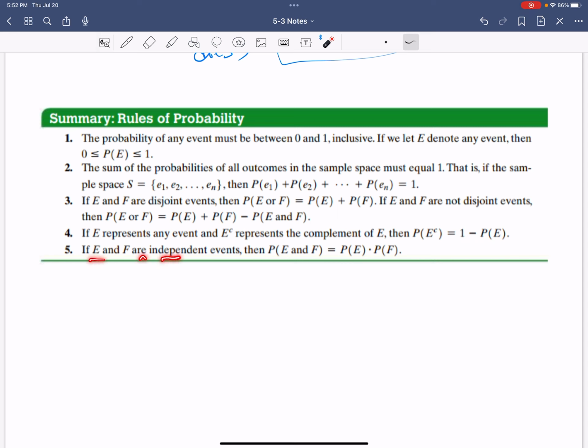If E and F are independent, you're using and for the multiplication. So or is adding, unless you have something in common, you subtract that off. If there's nothing in common, you don't have to do this part. You only have to do this part if there's something in common. Otherwise, you're just adding them up. Pretty cool, right? Okay. Nice. Keep soaking it up. We're getting some good